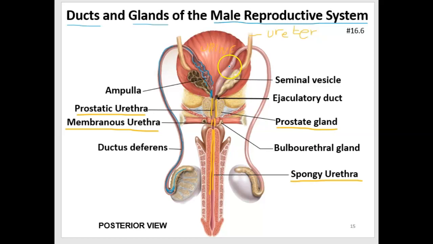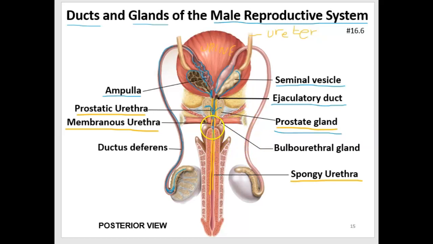Okay, so this region of the vas deferens that's enlarged is called the ampulla, and then the ejaculatory duct leads from the ampulla. Now the seminal vesicle secretes some fluid that joins the sperm in the ejaculatory duct, and you can see the seminal vesicle is located on the posterior surface of the bladder as well. So sperm and seminal vesicle fluid enter the prostate, and the prostate makes its own fluid. It contributes certain components to semen, and so that material will enter at the prostatic urethra and then join